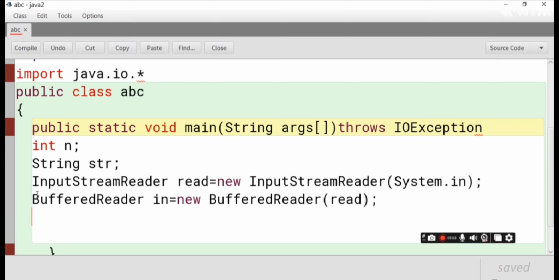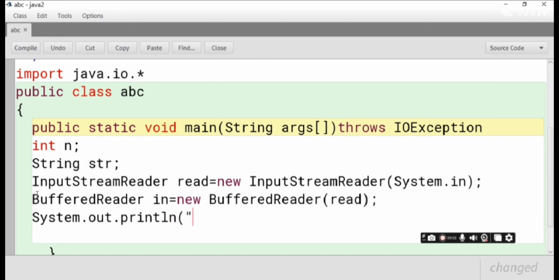Now there should be an output statement, so that for input the editor should be ready. System dot out dot println,